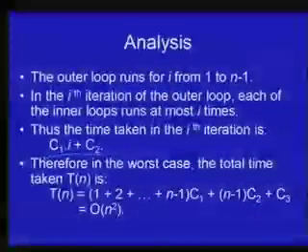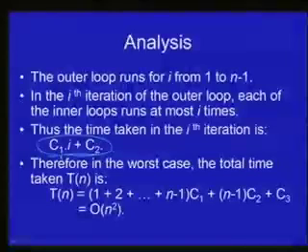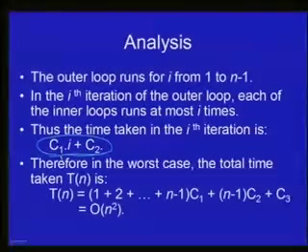So for the ith iteration of the loop, the time taken by the iteration is proportional to i, or as we have denoted it, C1 i plus C2, and therefore the total time taken is C1 times 1 plus C2 for i equal to 1, plus C1 times 2 plus C2 for i equal to 2, and so on up to i equal to n minus 1. And so if you add up all that, C1 will have a coefficient of 1 plus 2 plus up to n minus 1, and C2 will have a coefficient of n minus 1, and the C3 term might be some constant amount of time required in addition to the outer loop, for example for initialization and overhead of the function call and so on and so forth.